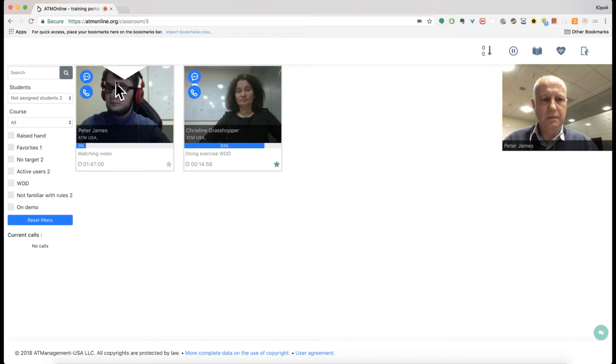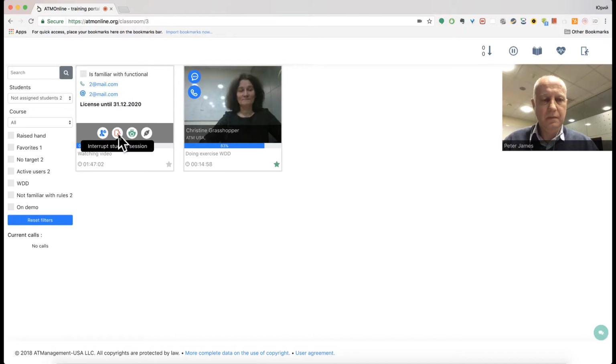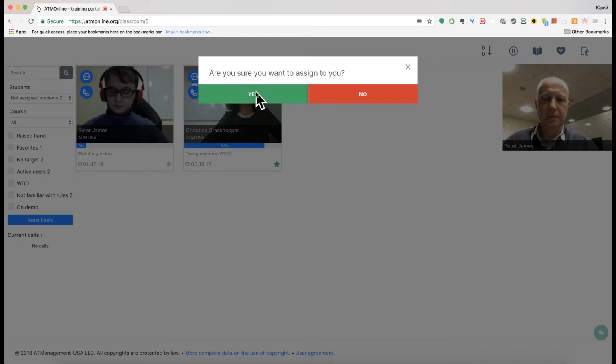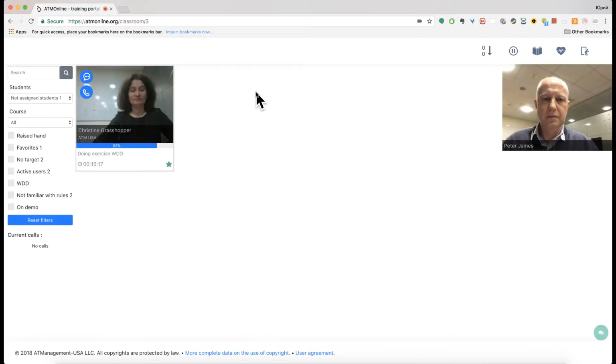If you were to click on the second icon, you would interrupt the student's session. For example, if there are internet connectivity issues and you want them to reconnect. The third icon will allow you to take a screenshot of a student's webcam. The fourth icon will allow you to assign a student to yourself. There can be several instructors at a time in one classroom, so this is simply a way of dividing work